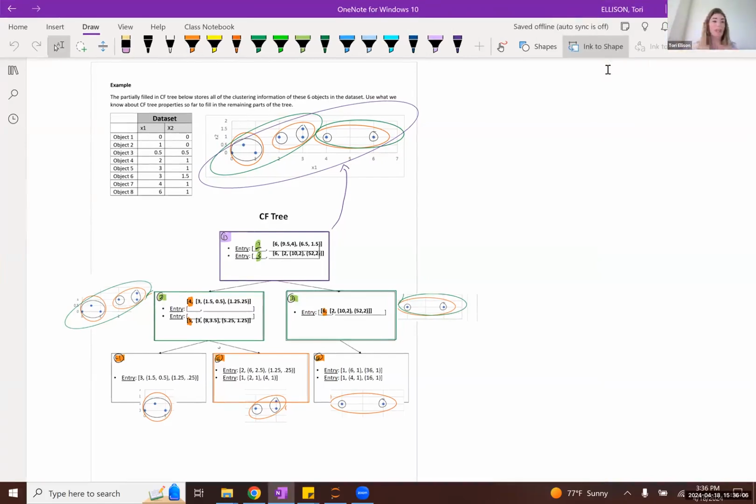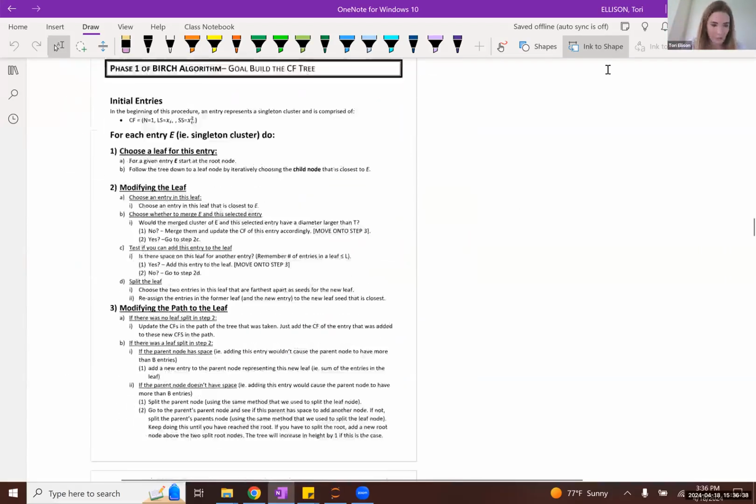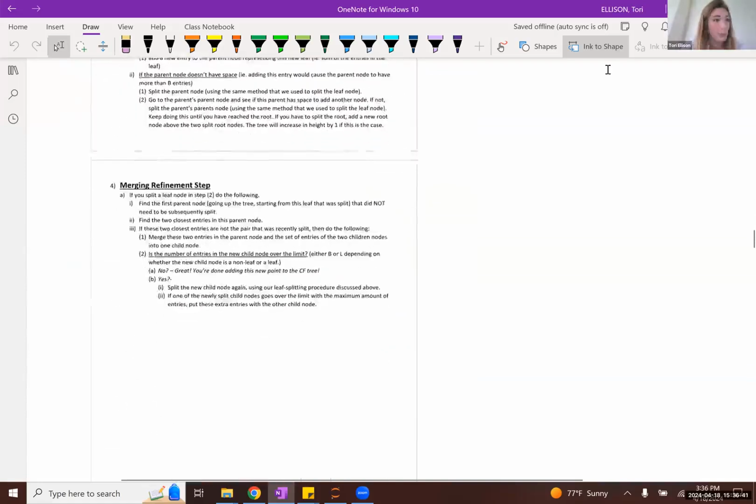You want to remember there are actually 4 phases of the BIRCH clustering algorithm. On Tuesday, we were simply discussing how phase 1 works. The overall goal of phase 1 is to simply feed in each of our observations and build our CF tree, which is going to iteratively detect and update its notion of what the clustering structure is based on the observations that have been fed into the tree so far. There's a complicated set of steps that we go through when it comes to actually building that tree.